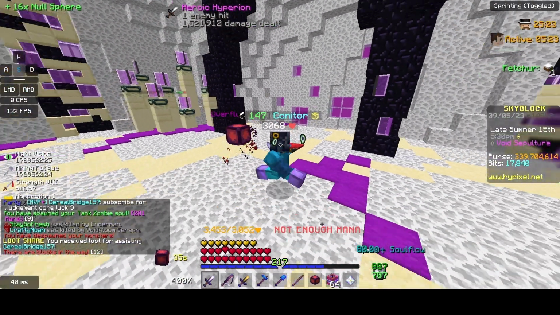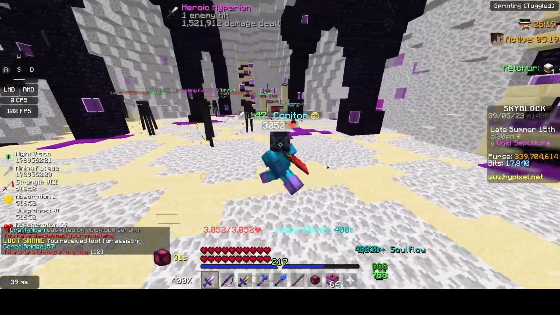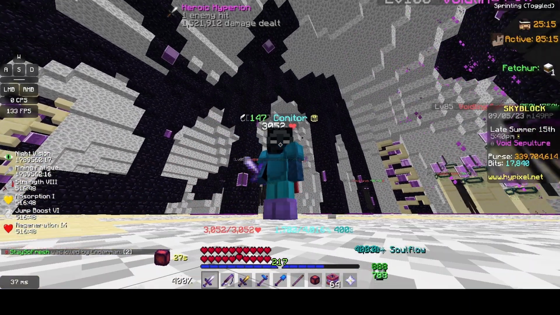But as you guys saw, really easy. Sometimes I have mana issues, but sometimes if I just try to conserve my mana, don't skill issue it, it should work out pretty well. So next,